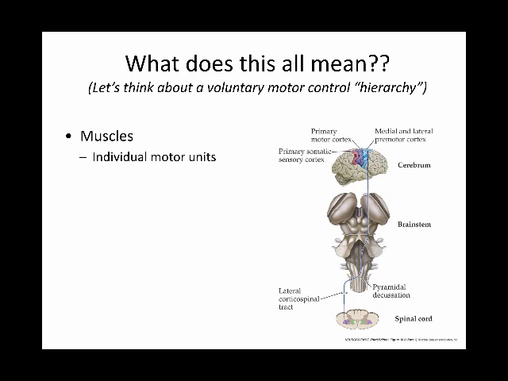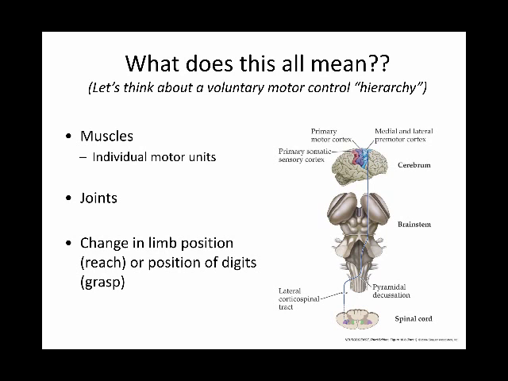For that to happen, you're going to have to activate individual motor units in that muscle. Then you're going to have to activate joints, but not necessarily just one joint. It can be multiple joints, okay? Such that ultimately, what's really key is the change in the limb position, at least the change in the position of the arm, such as if you're doing a reach, or in both the arm and the fingers, if you're going to grab something,